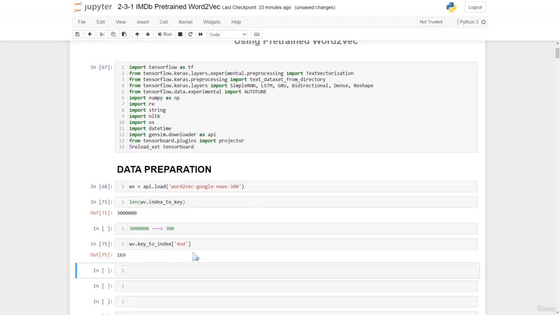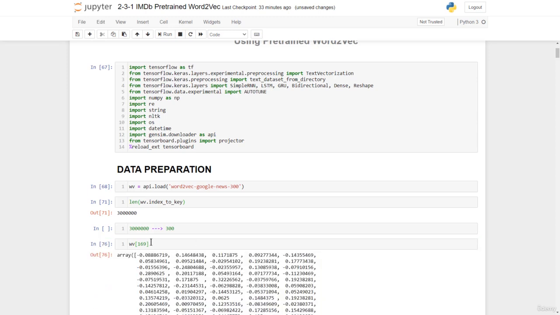This means if you want to get the feature vector of and, all we need to do is to take this wv and specify 169, and we'll run that, and there we go. We could take its shape. So that's it. We have this 300